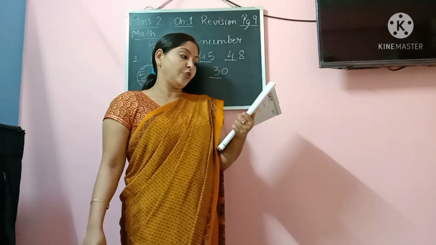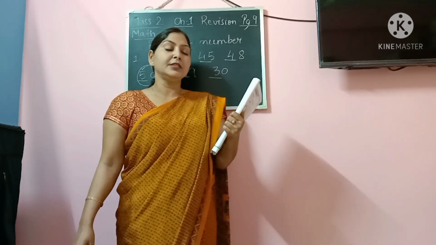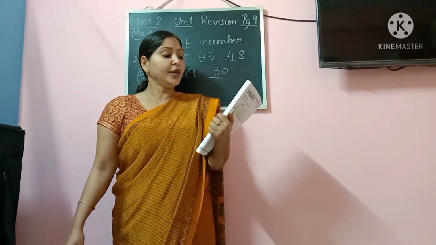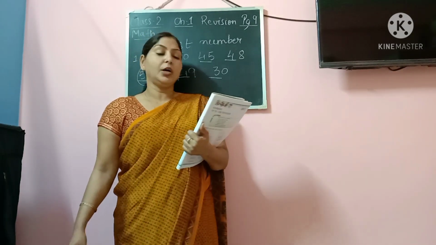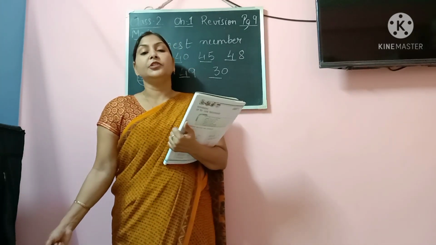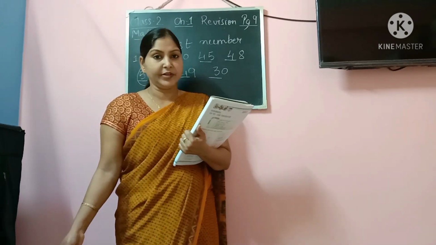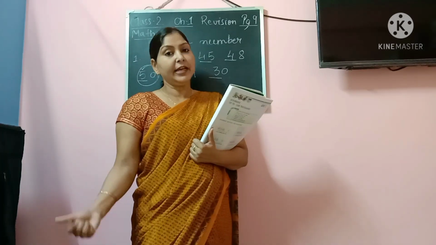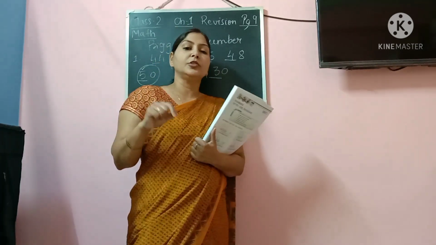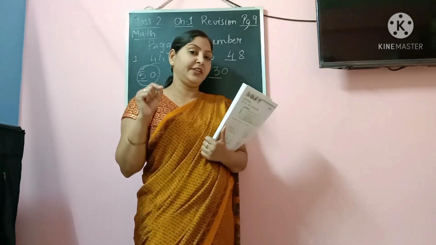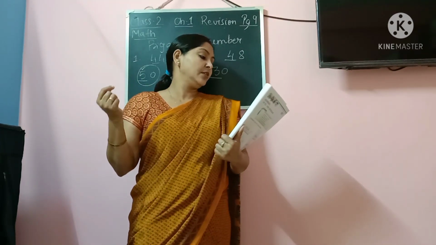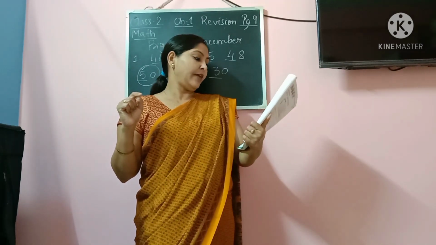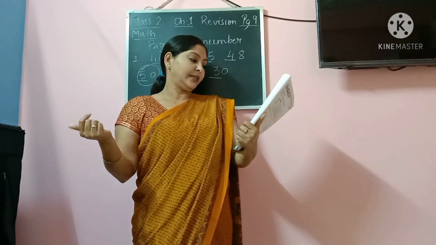Neetu bought 95 toffees on her birthday and distributed 63 toffees among students of her class. How many toffees are left with her? So she bought 95 toffees and she distributed 63 toffees. So definitely some toffees are left with her. Again, left means subtraction. So here also we are going to subtract 63 from 95 to get the leftover toffees with Neetu. Okay. Next, the last one we will do. After that we will not do. Then you can practice at home.